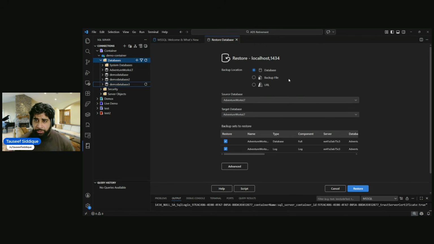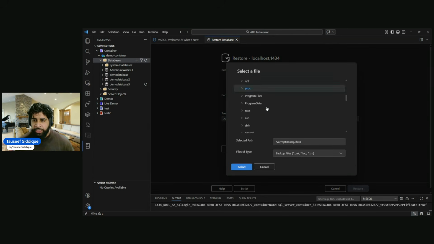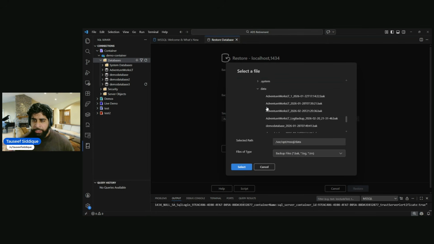I can choose either a database to restore from, a backup file, or a URL. So I'm going to choose a backup file so that I can use the file that I just backed up in the previous dialog. So I'm going to go into Browse Files. I'm going to scroll down, and I can see my previous backup right here. So I'm going to select this,